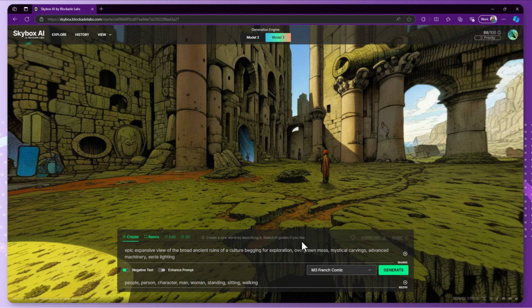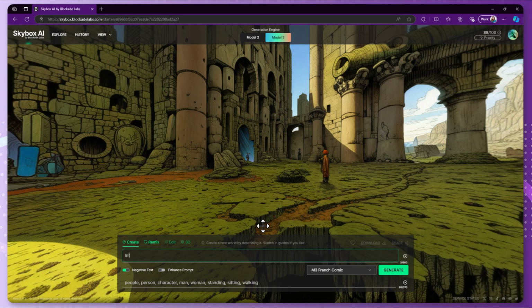But for our purposes today, you're going to come down to the prompt box down here, and we're just going to type interior, office, computers, desks, chairs, corporate office setting. Okay, so obviously you would tailor this to the specific project you're working on, and you can just type in what you're looking to find, whether it's interior, exterior, or